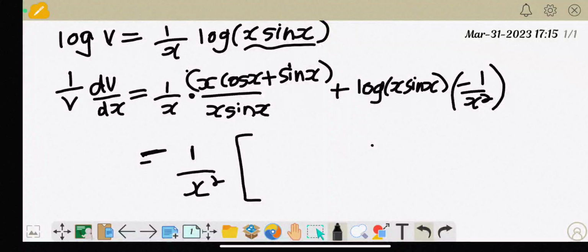So what is left here? Cos x plus sin x divided by sin x. So cos x by sin x is what? Cot x, right? So x cot x plus here sin by sin, it is 1, correct, plus 1,